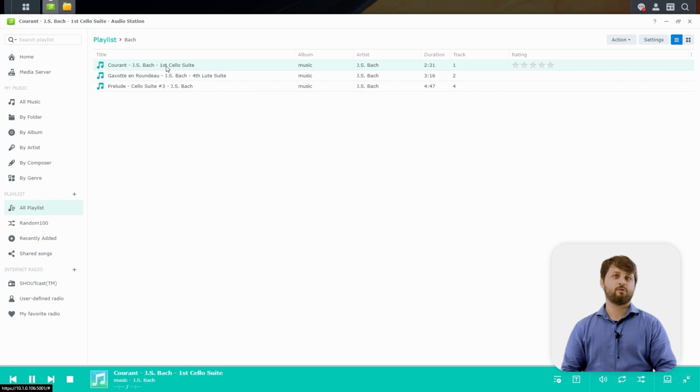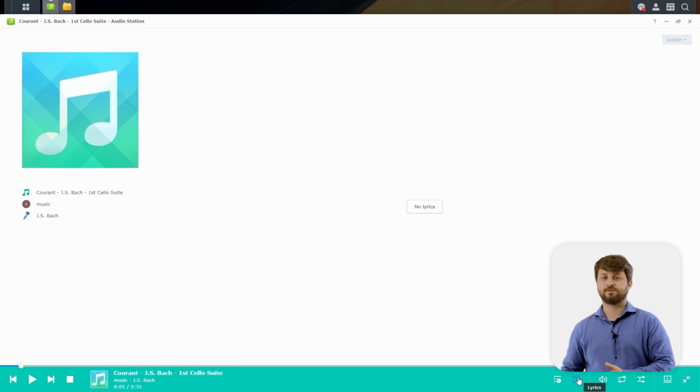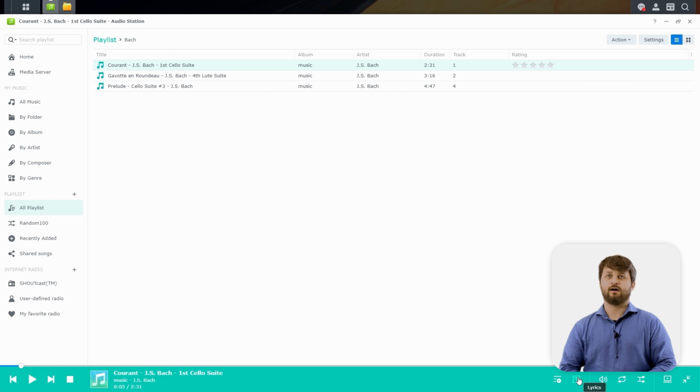So we can go ahead and play any one of these songs, and it'll begin playing on the play bar across the bottom like you would expect with any other music platform. Likewise, the play bar along the bottom is going to allow you to change a couple different things, like which device you're playing the music on. You can change your volume, even set up your lyrics and allow those to be triggered or turned off on top of that.